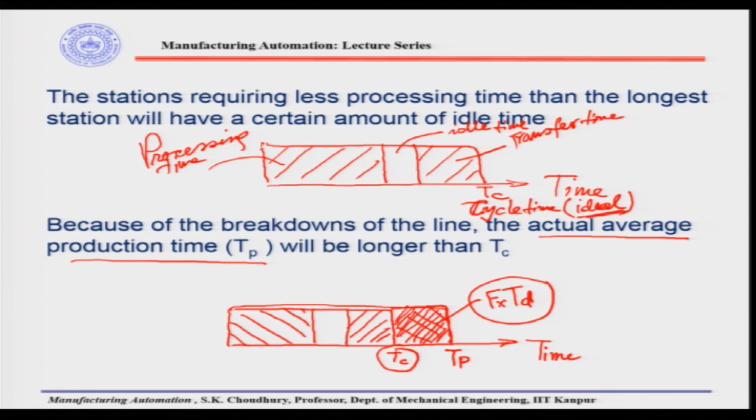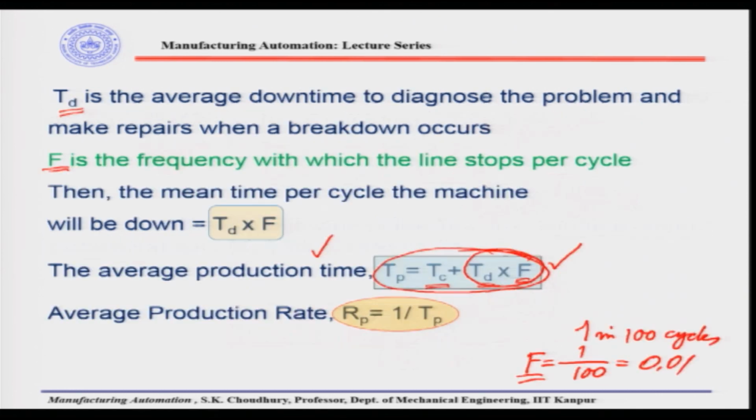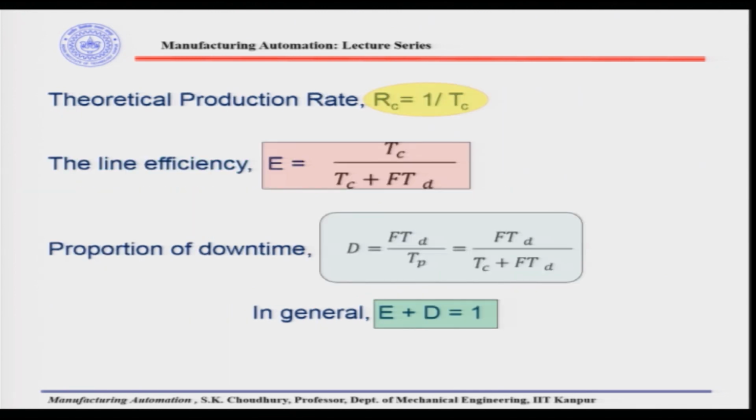I mean, most of the time there is something or other because of which that f into T d has to be taken care of. So, the average production rate we can find out if we know the T p, because 1 upon T p will be the average production rate. Once we know the average production rate, then the theoretical production rate will be 1 upon T c. Okay, T c is the ideal cycle time. So, this is the theoretical production rate, meaning that if nothing happens, once again, this much production rate will be